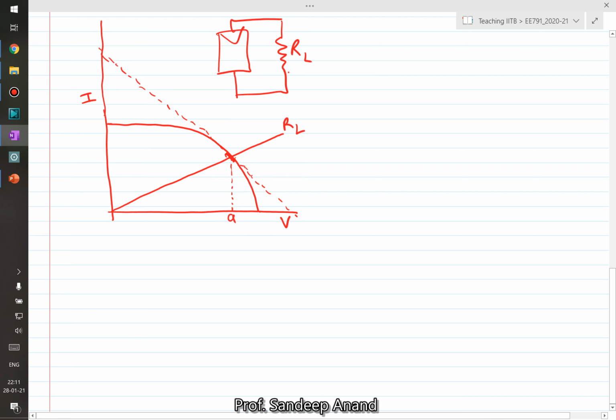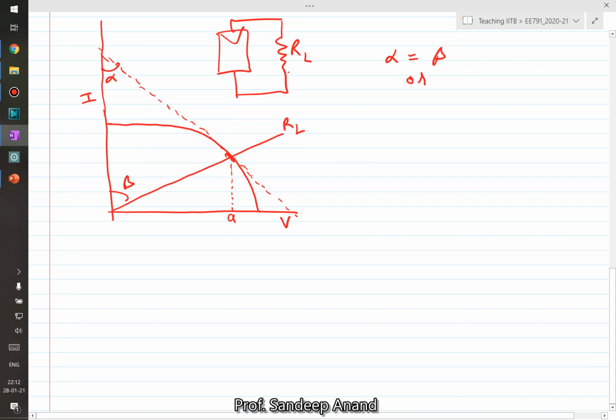Am I operating at the maximum power at point A? For example, if I go a little bit left of A, would my power reduce? If I go a little bit right of A, and my power reduces, then I know that at A I was at maximum power. So we have already seen what the condition is. The condition is straightforward: the angle alpha should be equal to angle beta,